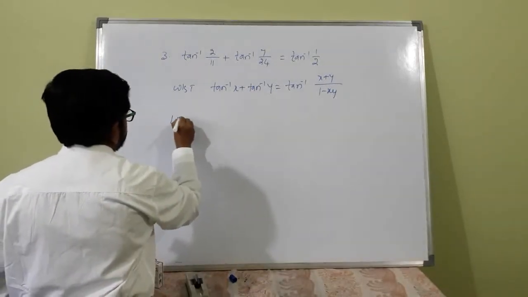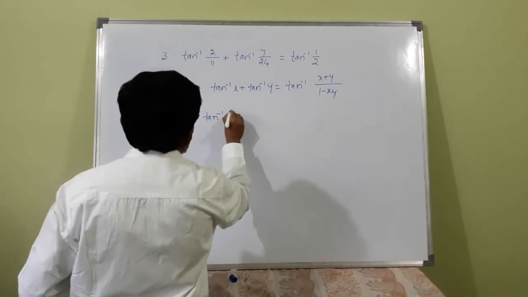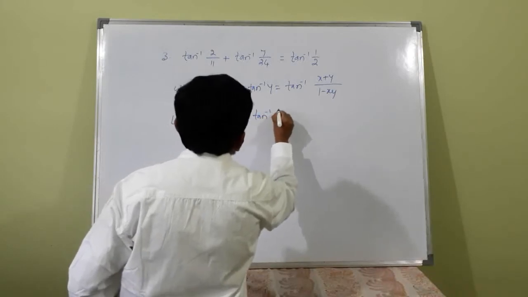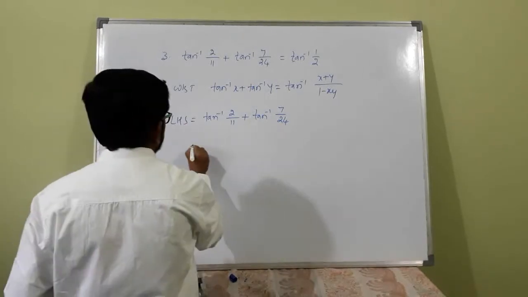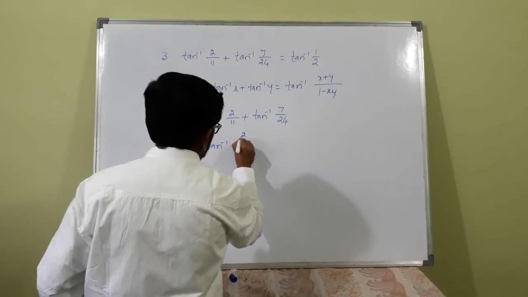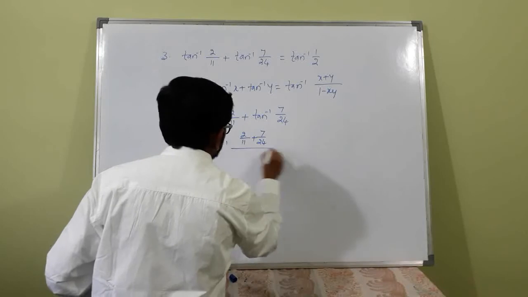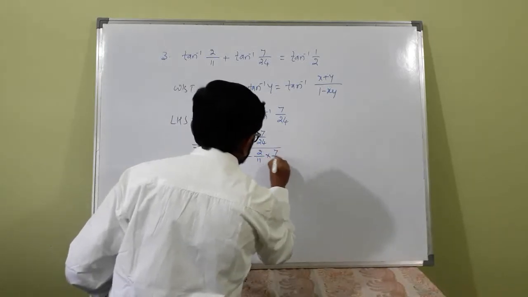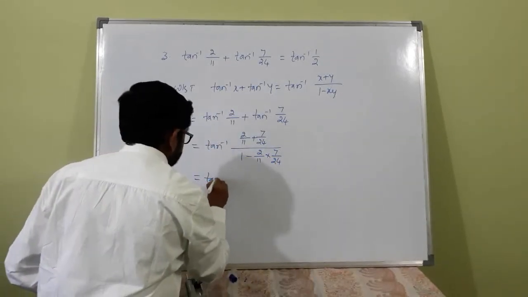LHS is equal to tan inverse of 2 by 11 plus tan inverse of 7 by 24, which is equal to tan inverse of 2 by 11 plus 7 by 24 divided by 1 minus 2 by 11 into 7 by 24, that is equal to tan inverse of,